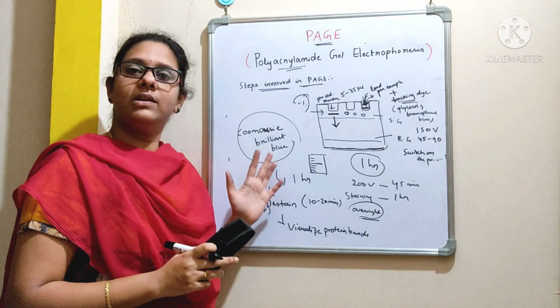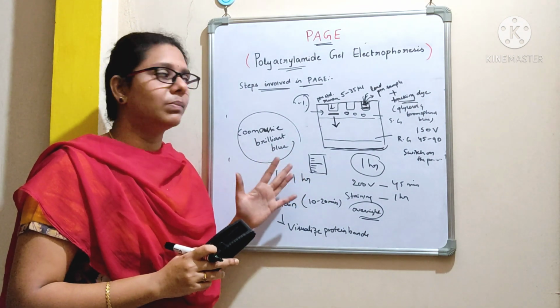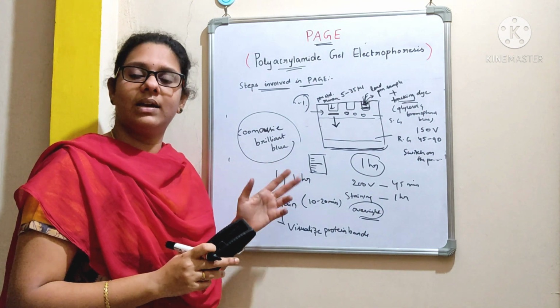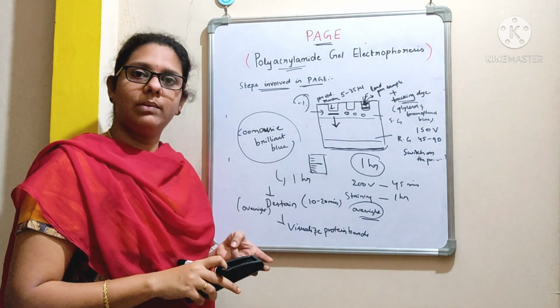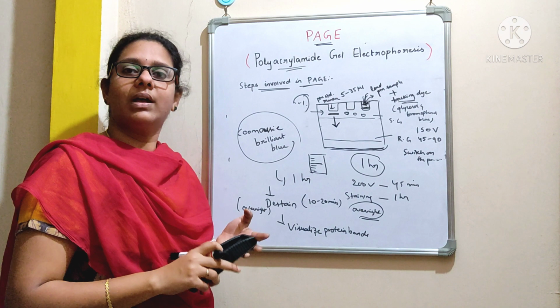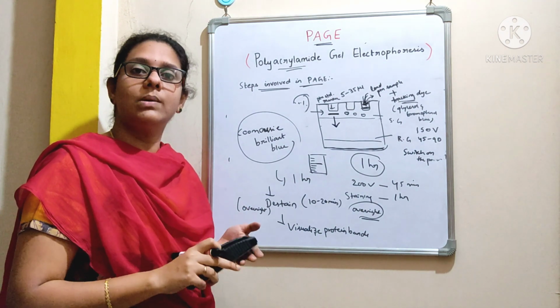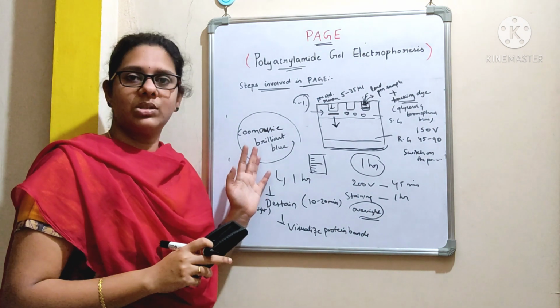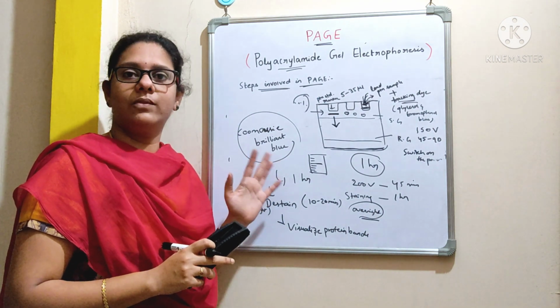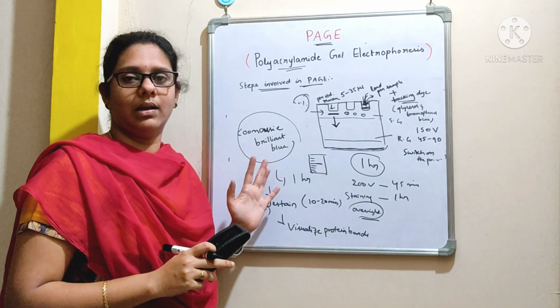And for the preparation of the different percentage gels, and for the preparation of the reagents like tracking dye, loading buffer, sample buffer, running buffer, acrylamide solutions, sodium dodecyl sulfate solution, ammonium persulfate solution, please check the video at the end. I am going to give you the composition of each in detail.